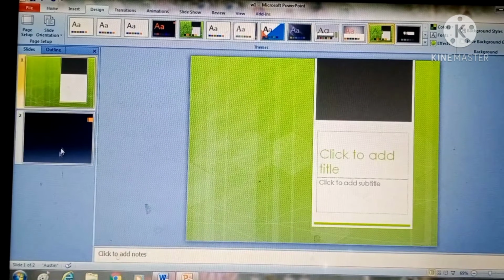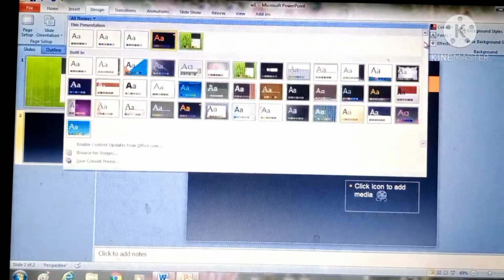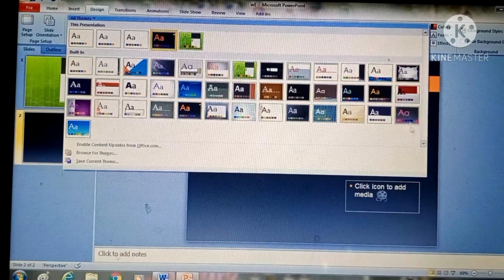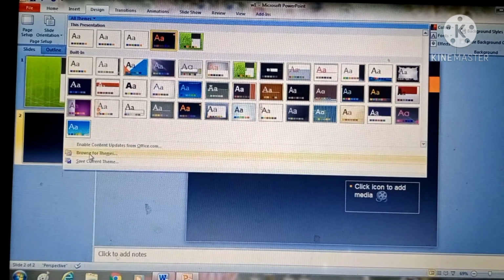In this I have given this design, and within a second I have given this design. By this method you can change the color scheme of this. These are many themes. If you have internet, then you can browse for the themes also, and you can get many more themes on the internet also.